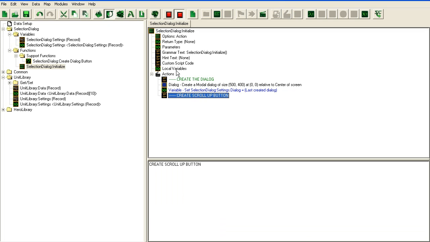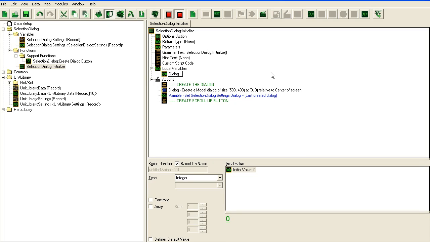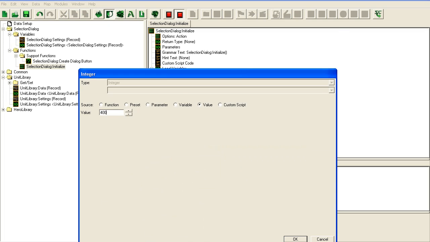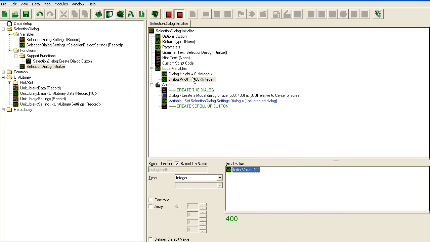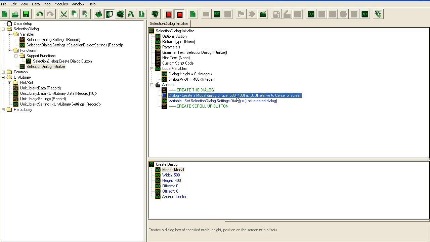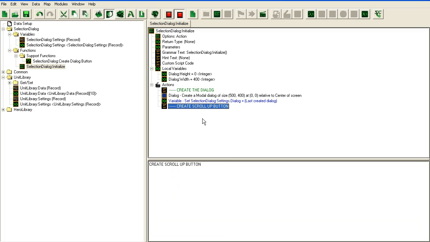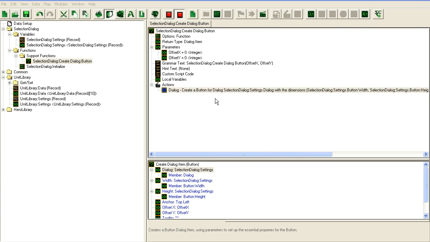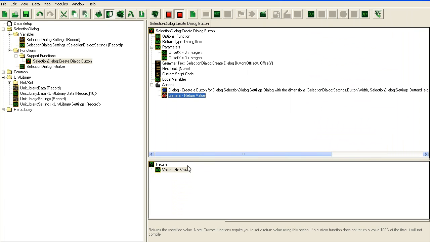So, we need a local variable here. Dialog height. Dialog height is going to be modified. Dialog width is going to be the same all the time, since I'm not adding in width, I'm adding in height. Doesn't matter what it's set to at the start, we're going to resize the dialog at the end of this function. So, this function, need to finish this one. It needs to return a dialog item. So, return